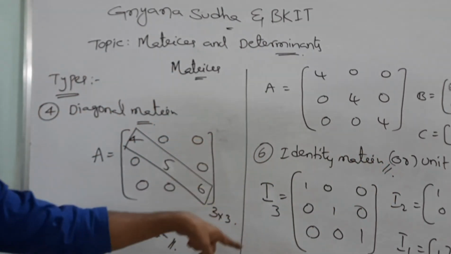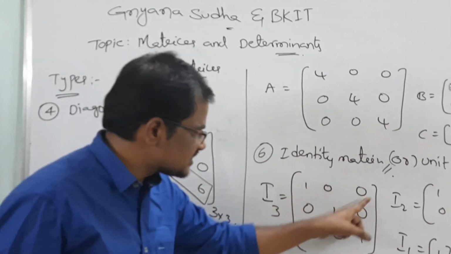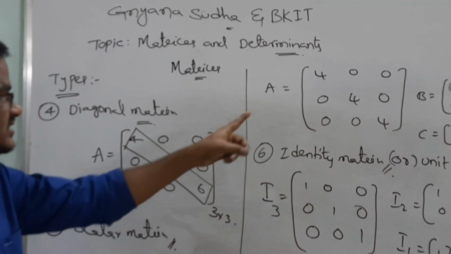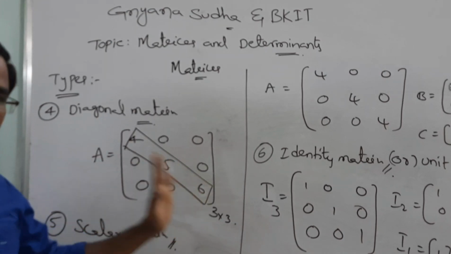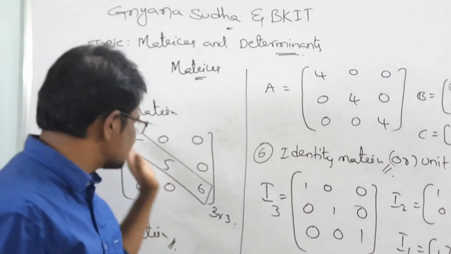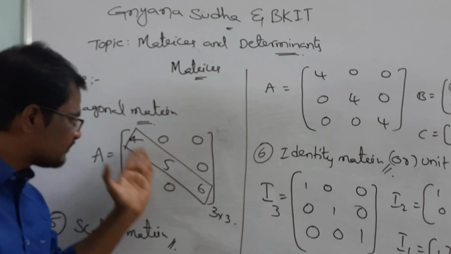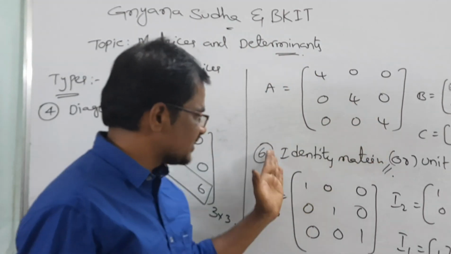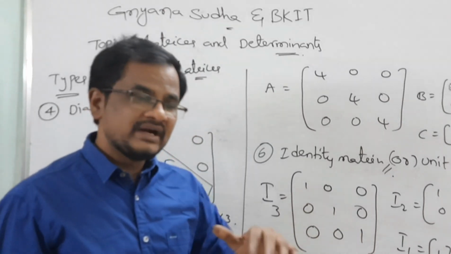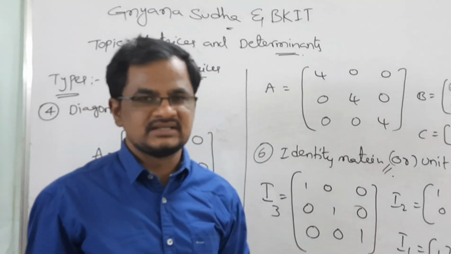Let us see the difference. In all of these, the non-principal diagonal elements are 0. But for the diagonal matrix, we are not discussing any other elements, the principal diagonal elements can be anything. For the scalar matrix, all the diagonal elements should compulsorily be the same. For the identity matrix, they are the same and equal to 1. But in another way, how to define these three?